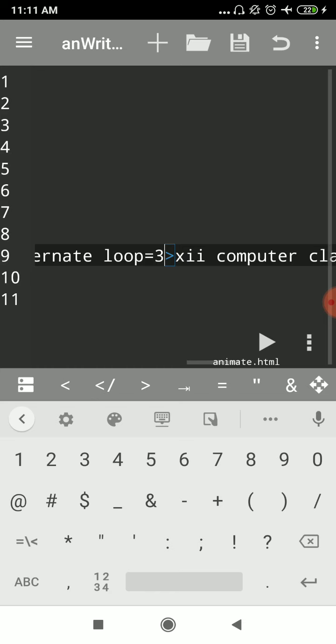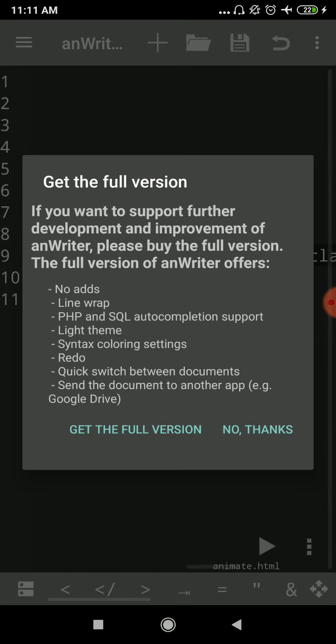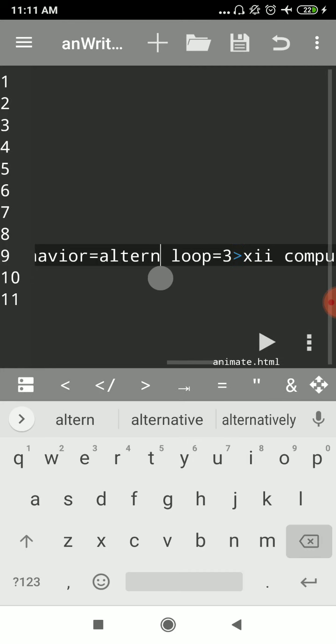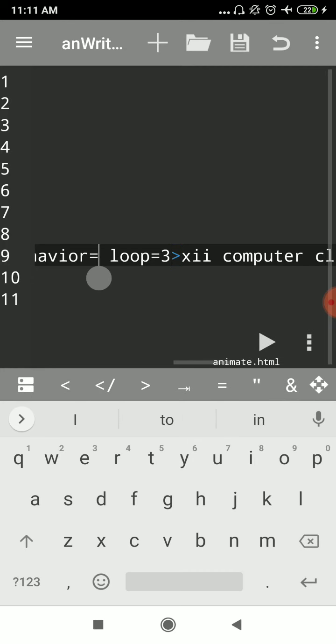So let me show you the output of this. I tap on this, 1, 2. Okay, in fact, I think the alternate option will not give me a clear picture. In alternate, when it touches the bottom, it is counted as 1, going back is 2, coming down is 3.